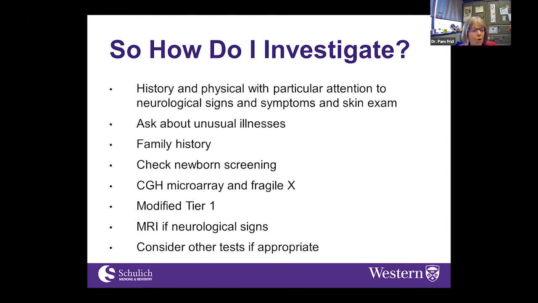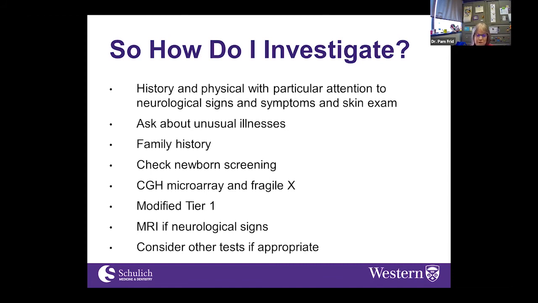So people now say to me, okay, so you're the expert, what do you do now? And this is what I recommend that we now do for screening, which is the history and physical exam. Ask about unusual illnesses, because that's a marker of unusual neurological function. So that's the people who've had unexplained episodes where they were vomiting and throwing up, and they did not have some kind of infectious disease. Make sure you check the family history for inborn errors and other problems. Check the newborn screening, both the hearing and the metabolic screening, because many of these inborn errors of metabolism are also caught through newborn screening, and we want to make sure the children actually had it done.